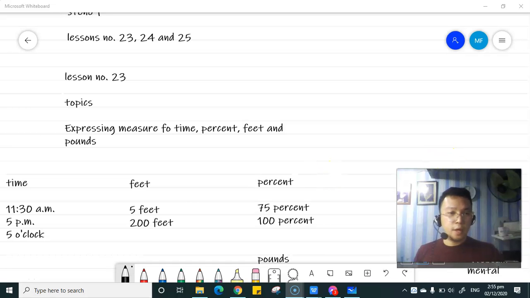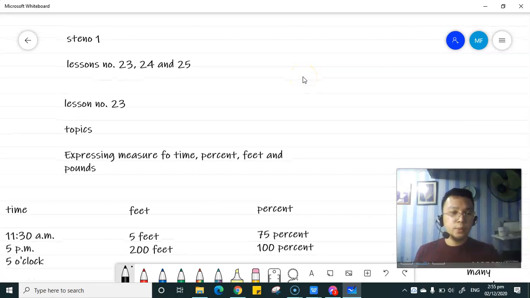Okay, good day, class. Welcome back again in Steno 1. Last time you have learned lessons number 20, 21, and 22. It comprises another set of brief forms, and then we also have the sounds of dev and div, which is represented by the blended D and V symbol, but it should be rounded, written in a rounded D and V without an angle, di ba?